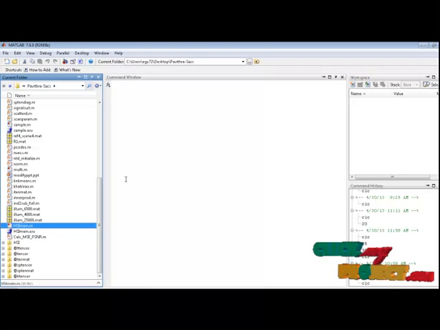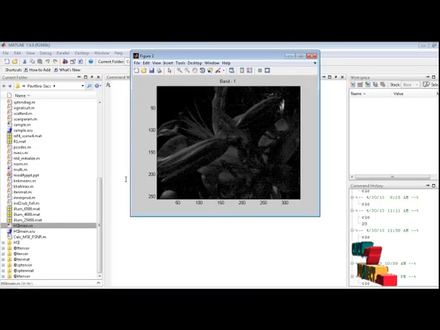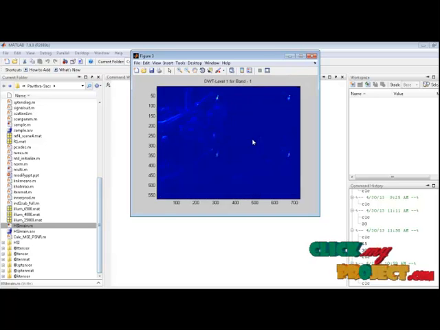Then HSI images, the hyperspectral images, have recently become a very attractive issue for remote sensing. Then this is band 1, then band 2, then DWT is applied to band 3, with the approximate, horizontal, vertical and diagonal process.